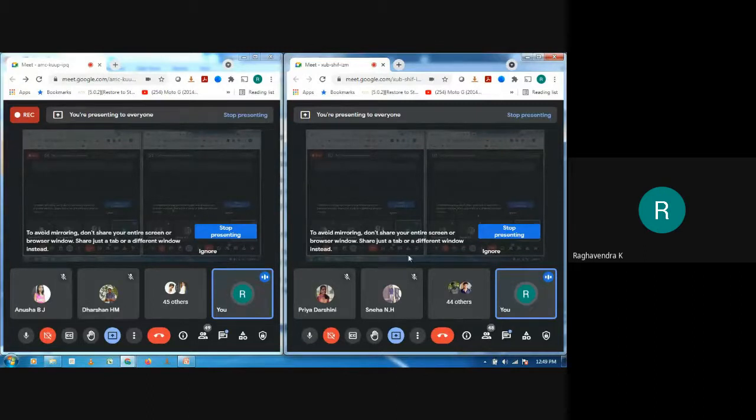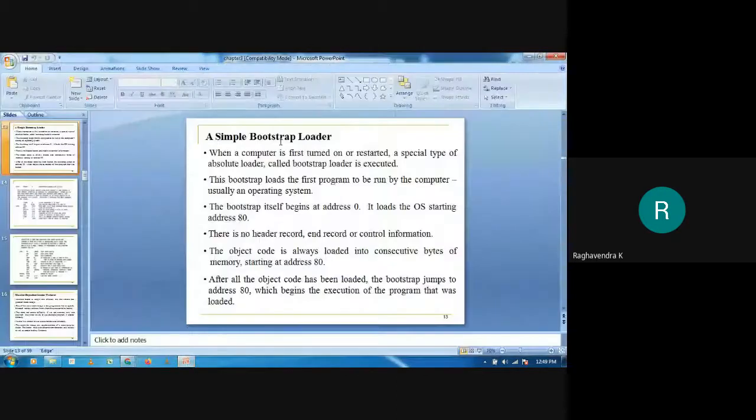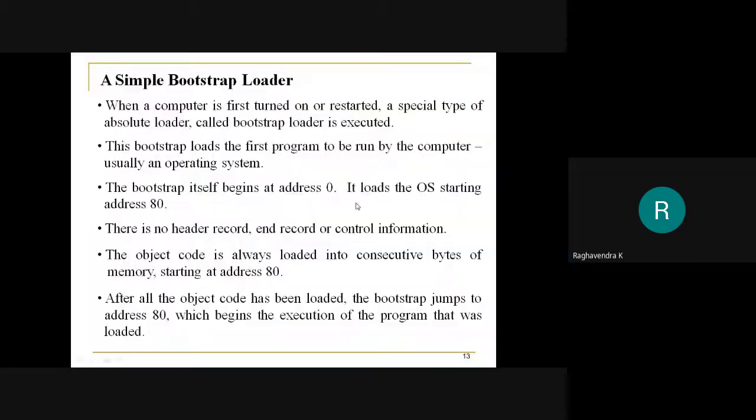The answer to that question, of course, I will stop asking questions, is that there is a specific program called a bootstrap loader that does that job for you. This bootstrap loader is responsible for loading your operating system when your system is initially turned on.